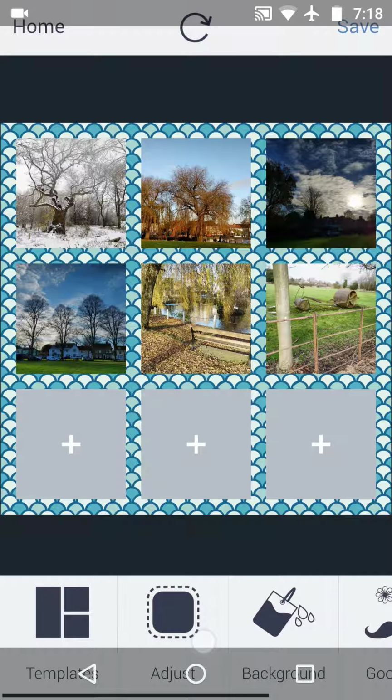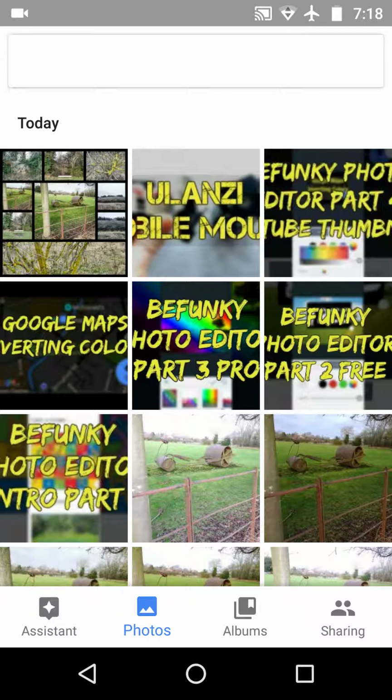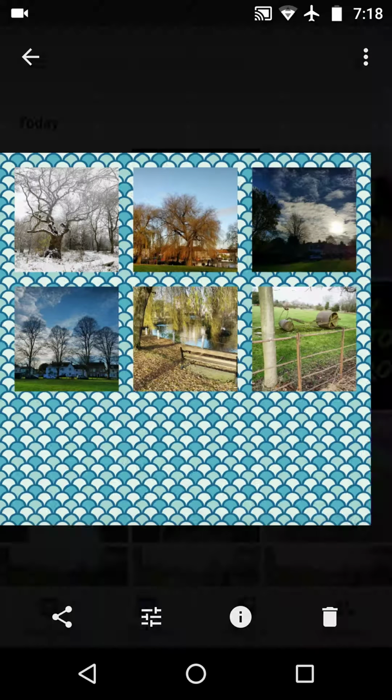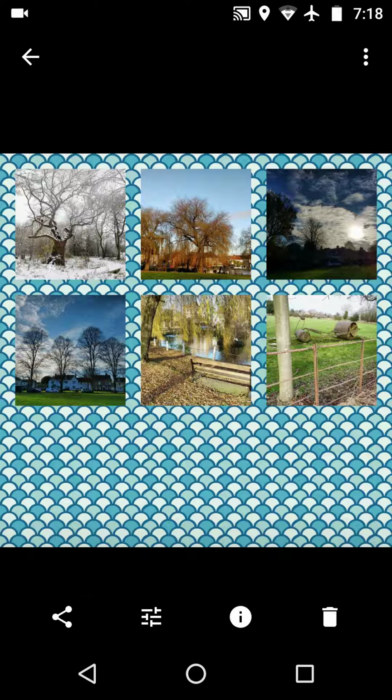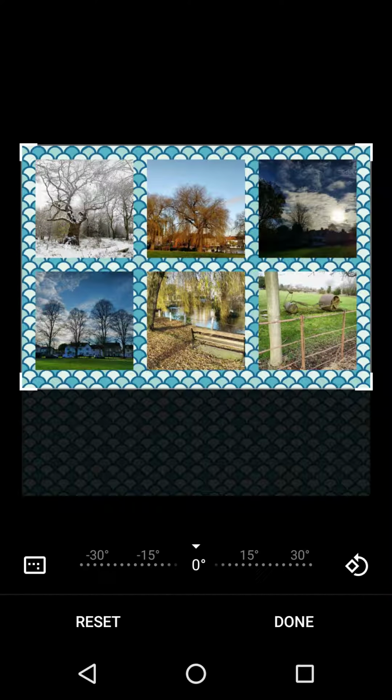Then we come down and we say to ourselves, right, what flexibility have I got? And I go back into Google Photos this time, and there it is, and there is our picture. Now this is really interesting because rather than actually putting the grey squares in with the pluses, what it's done is just left it blank. I can go back and add a ton of text over it, and I can write over it should I wish. The intention to show you on this video was to come along and say that when we come down to do a little bit of cropping, then we can clearly come down and make a rectangle. And if I bring that into about, say, there, and I click done,